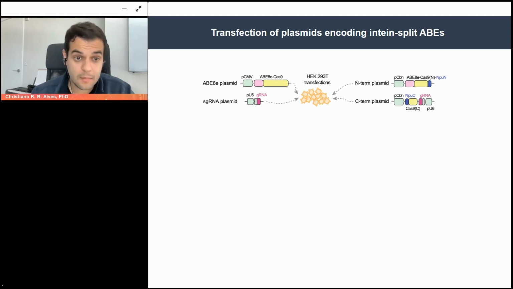So first of all, we did these experiments using the HEK cells again, just to understand if we could split the base editors in 2 pieces, N and C terminal. And the reason is that if you deliver this in mice, these plasmids are so big that you cannot fit them in a single AAV. So you need to split them in N and C terminal. So we did that, and we compared traditional transfections in the lab, which you see on the left of this slide, with the one that we split in N and C terminal.